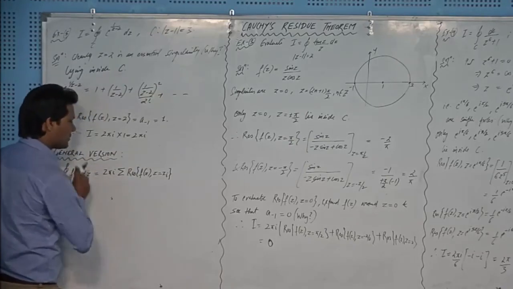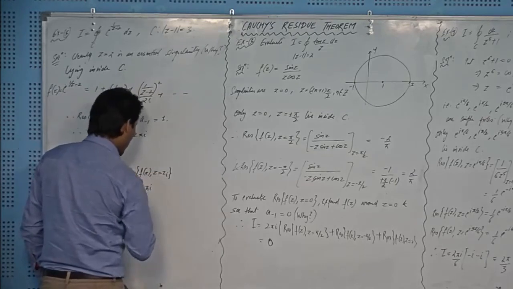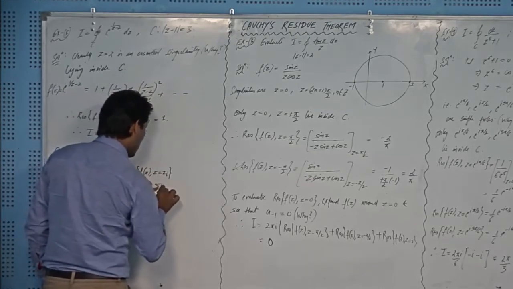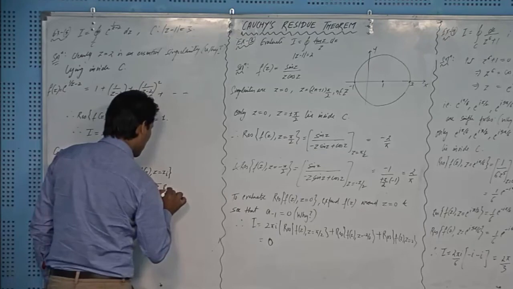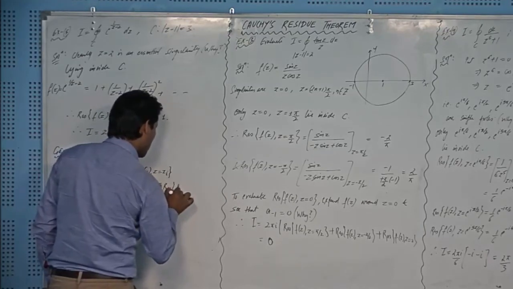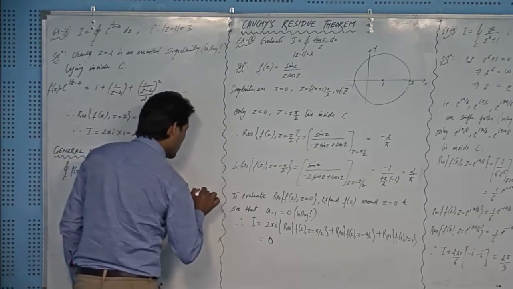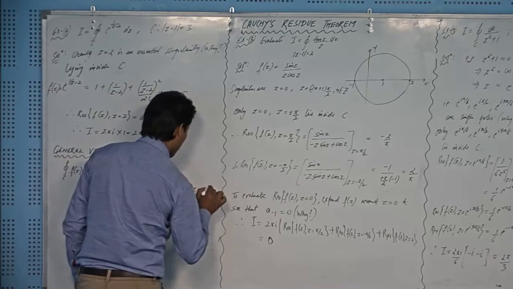I am not writing the range here. Plus pi i times the summation of residues of f(z) at z equal to z_B, I will write B,